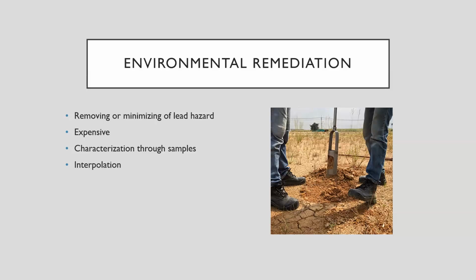This is often very expensive, and costs can easily increase drastically at large sites, especially if the scope of the work changes. Because of this, it is crucial to characterize the extent of lead contamination as accurately as possible. This usually involves taking samples and submitting them to laboratories to determine the level of the contaminant of concern at that sample location. These samples are not a continuous representation of the contamination, though, and that's where the interpolation methods